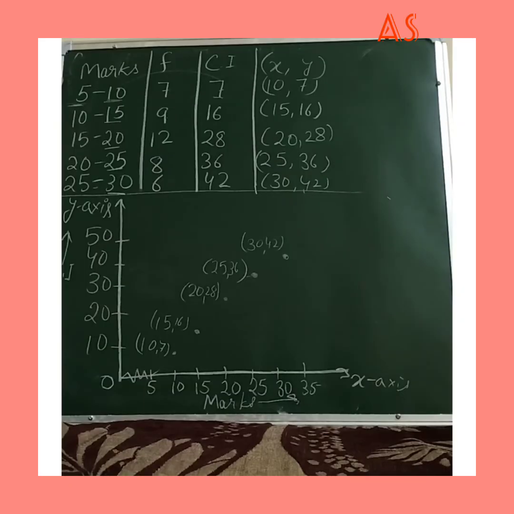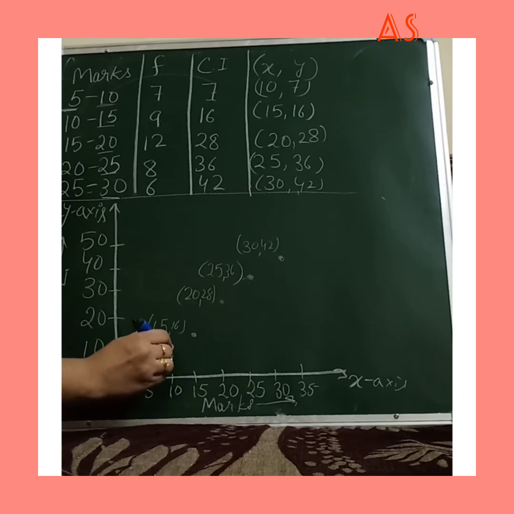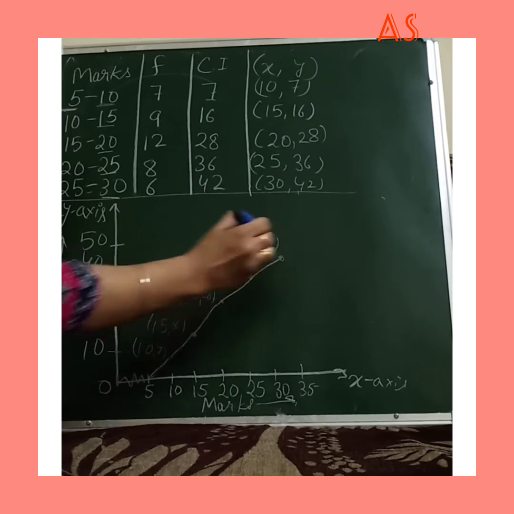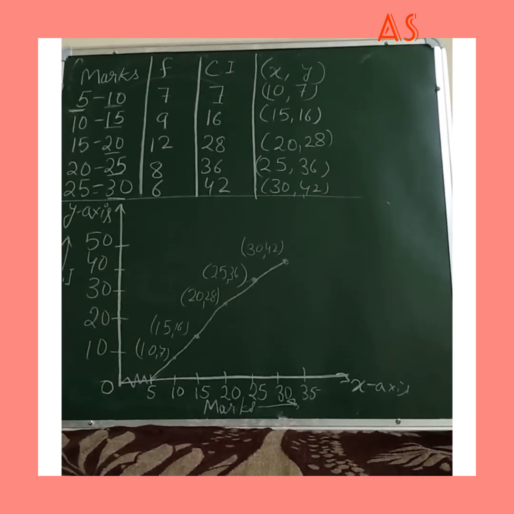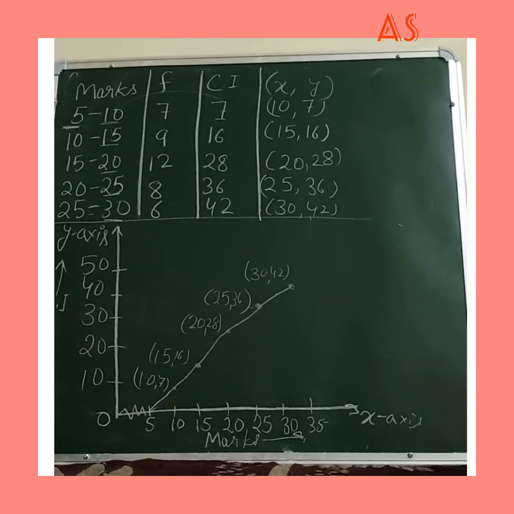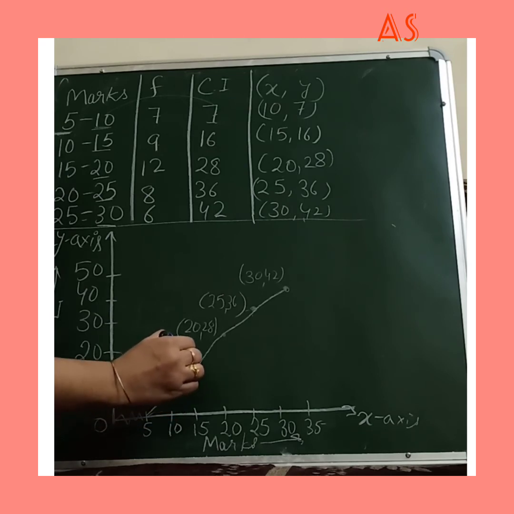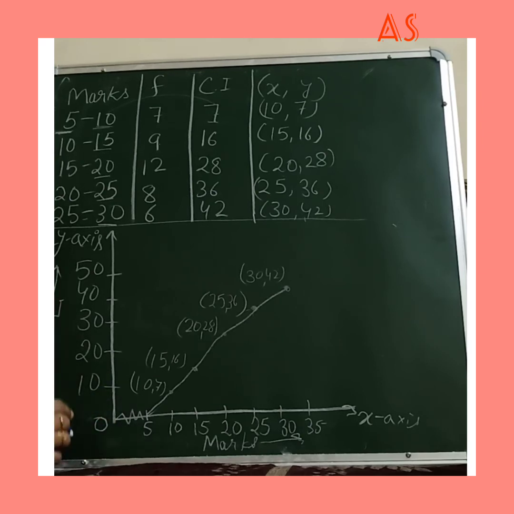Now we take our lower limit. The lower class limit is 5. So first we join the point at 5 with the first coordinate, then the second, then the third, then the fourth, then the fifth, by freehand. We will not use a scale, we use freehand. So from the lower class interval we start at 5, then to the first coordinate, then the second, then the third, then the fourth, and so on. We always do it like this. So this way we draw our ogive.